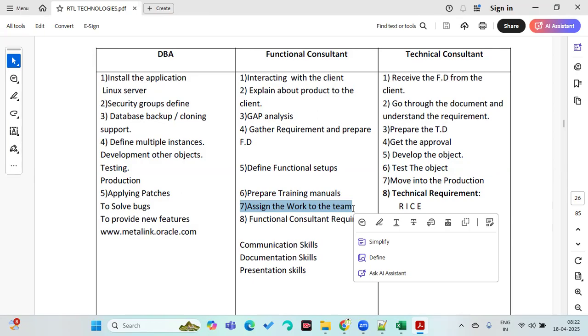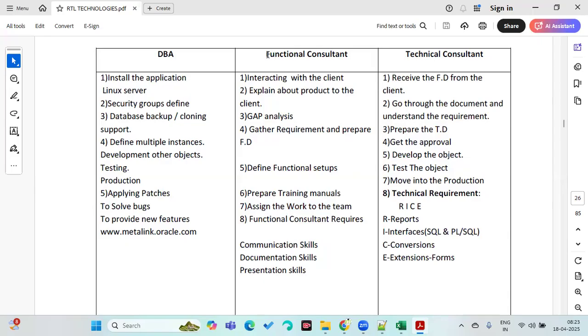If I want to make the payment in US dollars, then I have to use some currency conversion rate. Today, the dollar rate is 85 rupees, $1 equals 85. Tomorrow, maybe 86. But that information should be taken from the share market or online, whatever is there. From there, we have to take the currency conversion. This is a functional configuration. So that should be taken care of by the functional consultant.